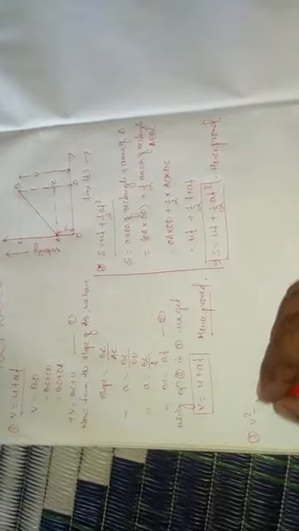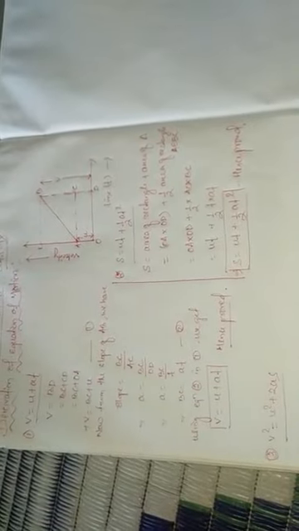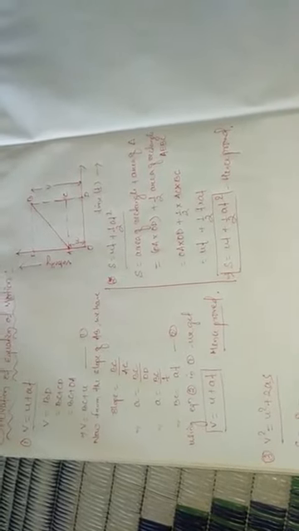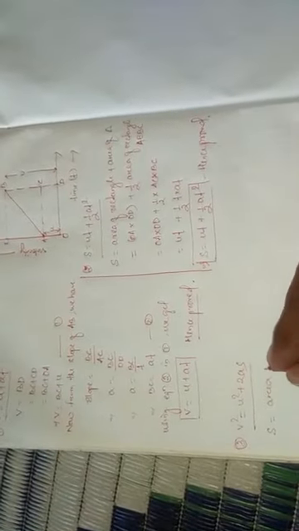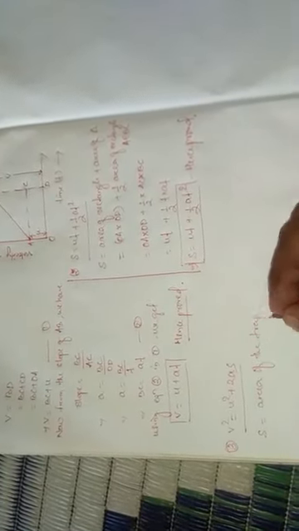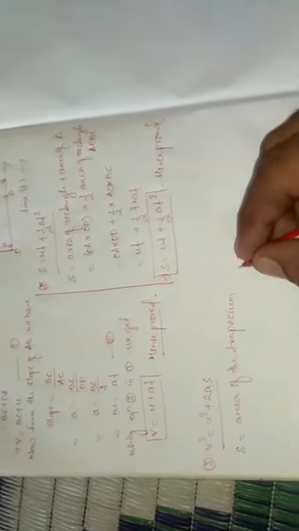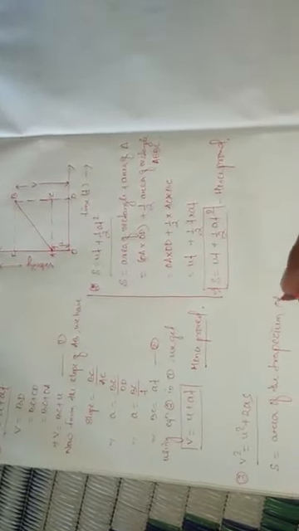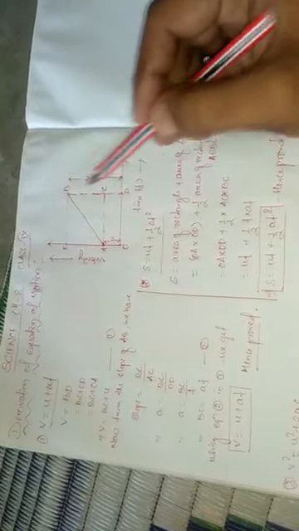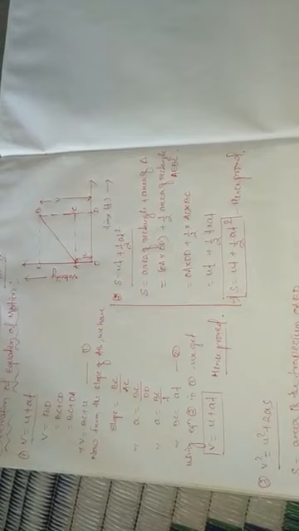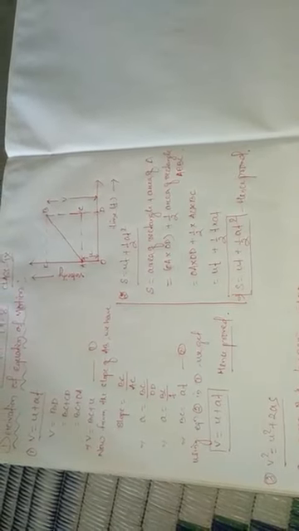Now come to the third equation of motion, which is v square equals u square plus 2as. To derive that, we again take the area of the velocity time graph, that is s equals the area of the trapezium OABD. Just look here, OABD trapezium. We know the area of a trapezium is the sum of parallel sides into height divided by 2.